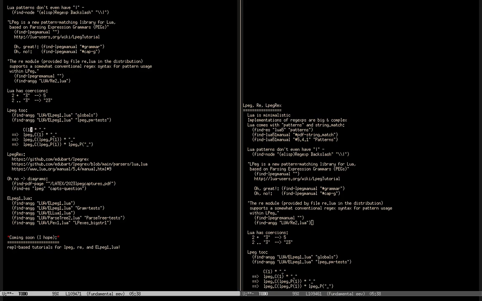So this short thing here becomes equivalent to lpeg.C(lpeg.P(1)), and the multiplication, when at least one of its arguments is an LPeg pattern, expects to receive two LPeg patterns, and in this case the one at the right is just a string, so it is coerced to an LPeg pattern by using lpeg.P.